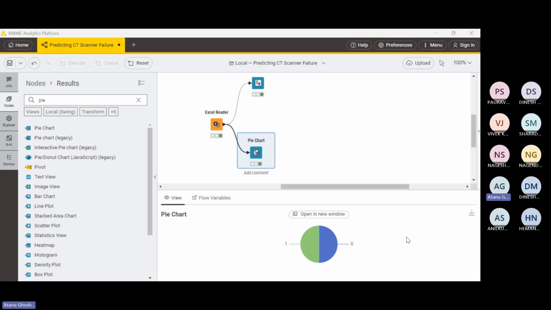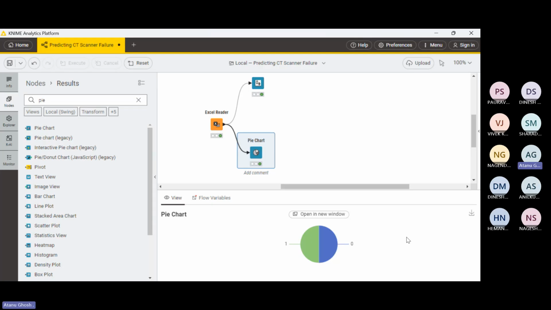Again, there is no hard and fast scientific rule, but the convention is if one of the classes is less than 20%, then it's considered to be highly imbalanced data. In most cases, the data is likely to be imbalanced or close to imbalanced, because the number of machine failures will obviously be much less than the number of instances where the machine did not fail. So when you have imbalanced data, as a business user, what will you do? Why is this important as a business user? Because the data scientist will always say, give me more data.